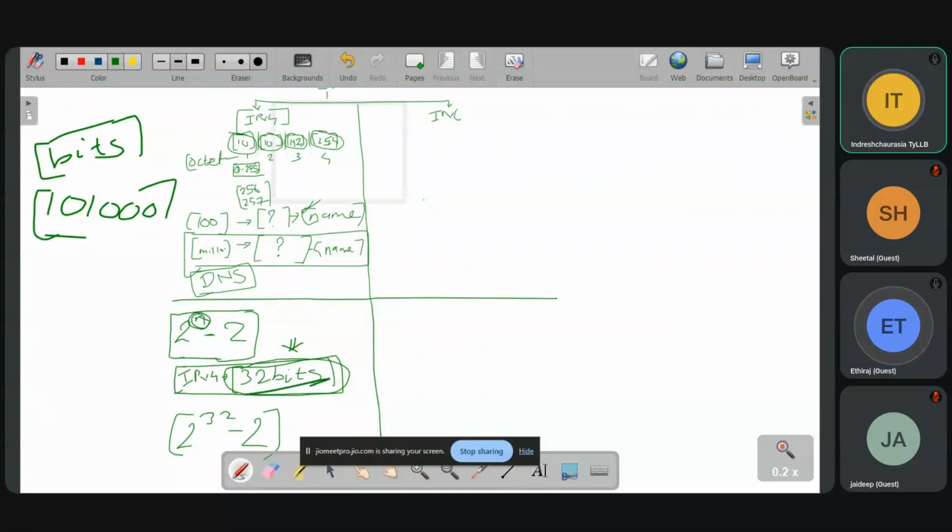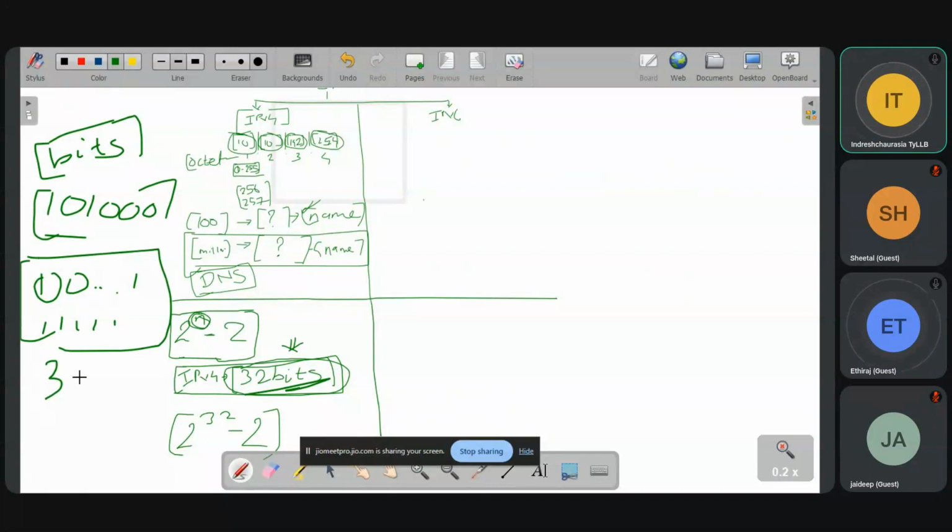When I say 32 bits, it means it goes from the combination of 0001 till 1111 over 32 places. That is the reason it is given 32 bits. So this is the length of it.